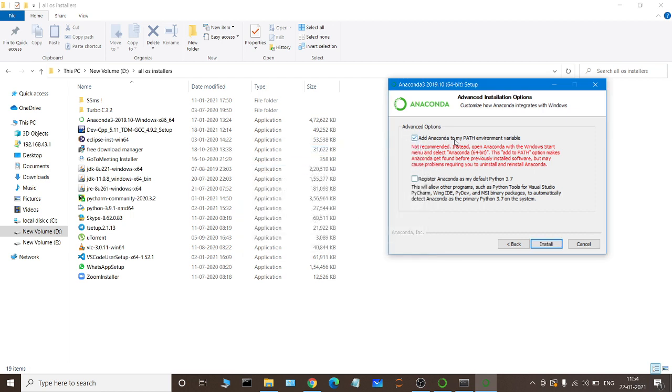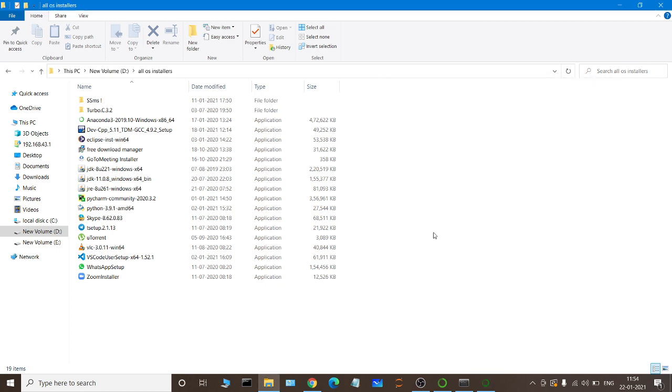Click on two icons: add Anaconda to your path, as well as add the Python software to Anaconda. So click both the options. Because I have already installed Anaconda, I am not clicking it. Click install. If you click install, automatically the Anaconda software will be downloaded to your local system.